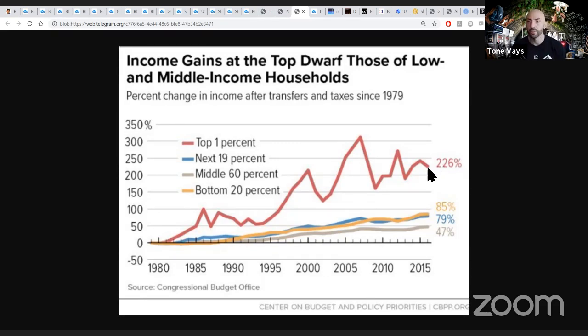What frustrates me when it comes to these discussions is that the top 1% is a small number of people compared, obviously, it's just 1% of the people. And this 1% of the people is not the same people that were there in 1980. So the question is, in 1980, where was Elon Musk and where was Jeff Bezos? And where was Mark Zuckerberg? You know what? They were nowhere on this chart. They were probably in the bottom 20% because they were kids.